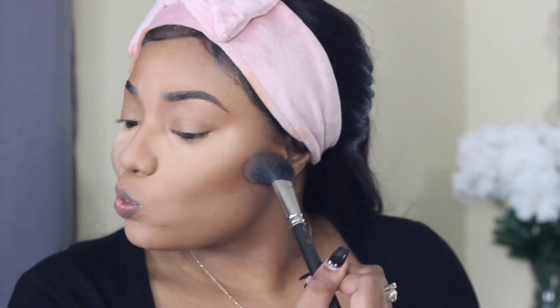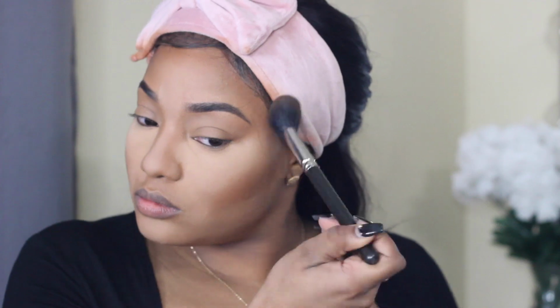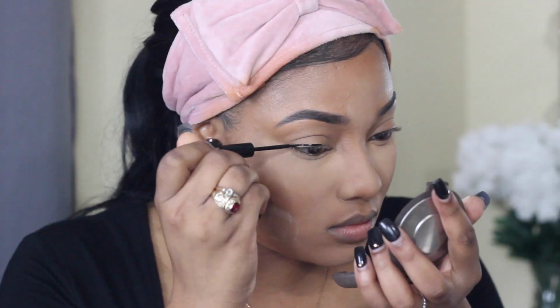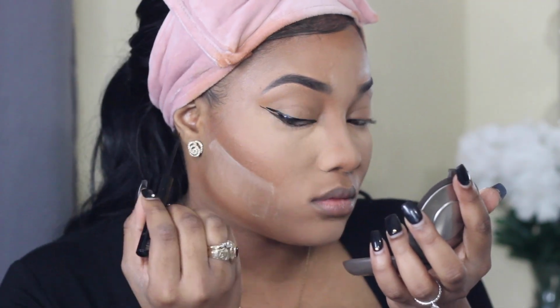But needless to say, moving on, I am using the Black Radiance Contour Palette to contour my face. And then at some point, I'm going to clean up that contour with the same powder that I won't mention, which was a mistake because my skin was just not...